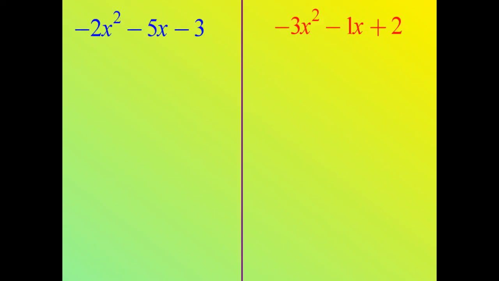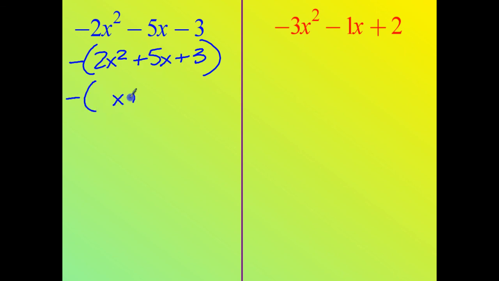All right, first one. It's going to be negative, and then we'll do 2x squared plus 5x plus 3. Okay, now this is a positive 3. So I'm looking for 2 of the same. This tells me that they're going to both be positive, so I'm going to get negative, and then it's going to be x plus, and then x plus. I'm looking for two factors, right? This is going to be 2 and 1. This is going to be